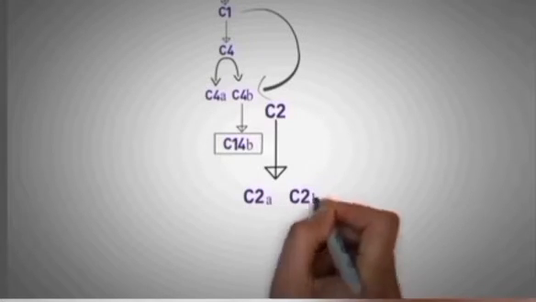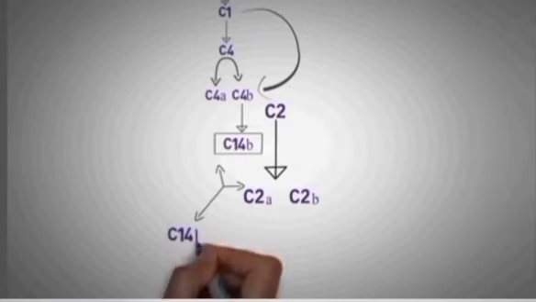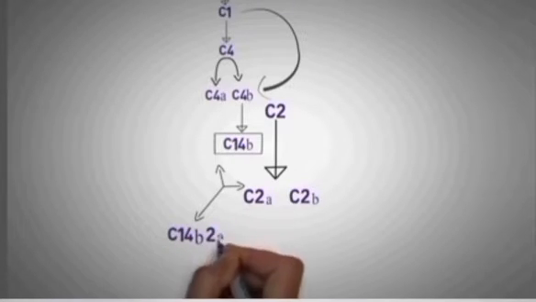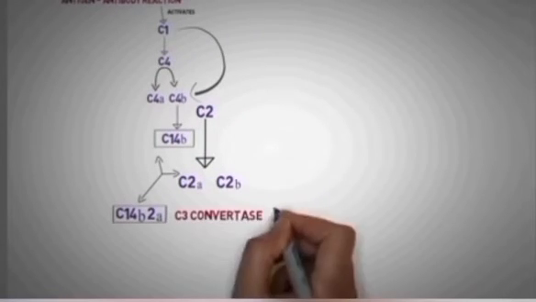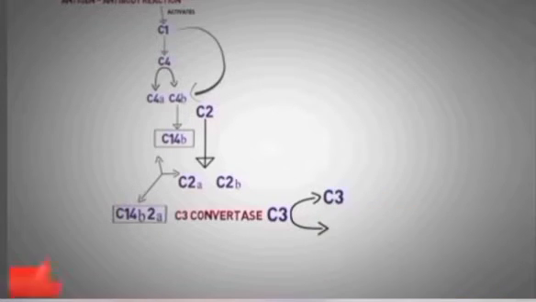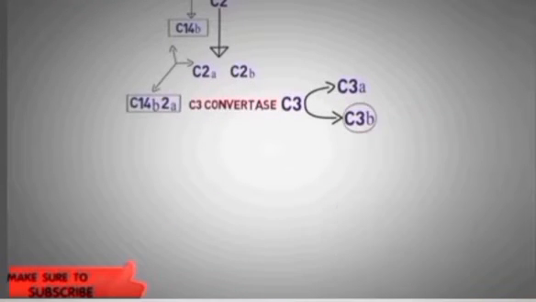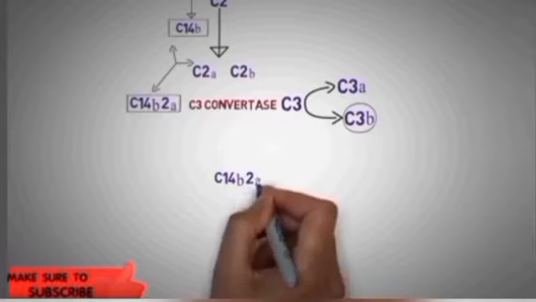C1 and C4B combine with each other and form C2. Further it is converted into C2A and C2B, and C14B and C2A combine and form